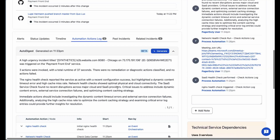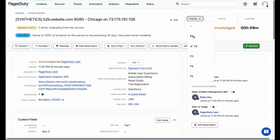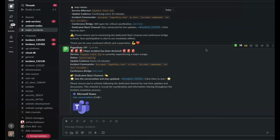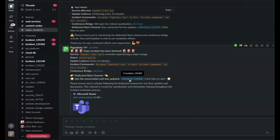In order to declare a major incident, all Sally has to do is come up into PagerDuty and promote this to a P1, and the incident workflow system will take care of the rest. So let's transition over to Slack, where we can continue to work to resolve this incident and restore services. The first thing we can see here within Slack is that the major incident channel was immediately notified that an incident had been declared, providing interesting information in a format that's easy to consume, with an ability to easily join the conference bridge and a single click to the incident channel so we can get the latest updates about what's